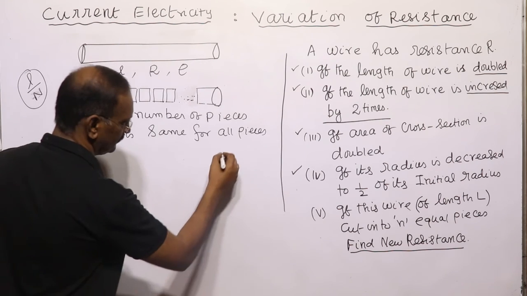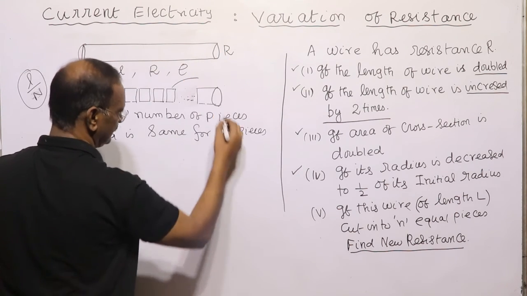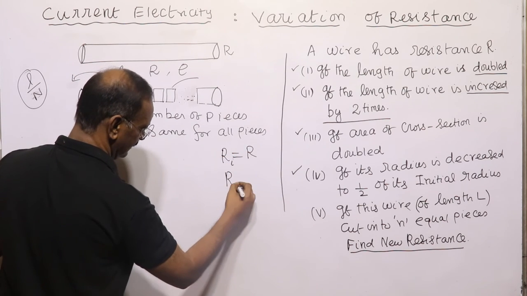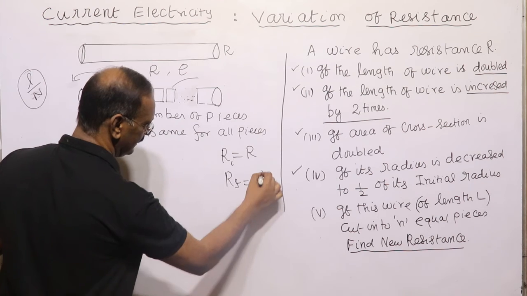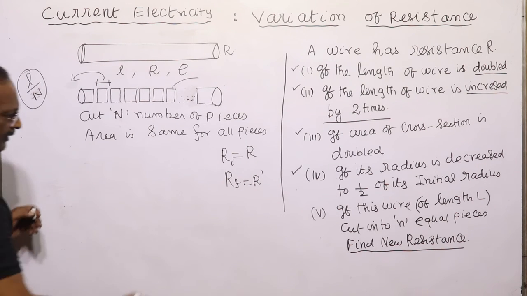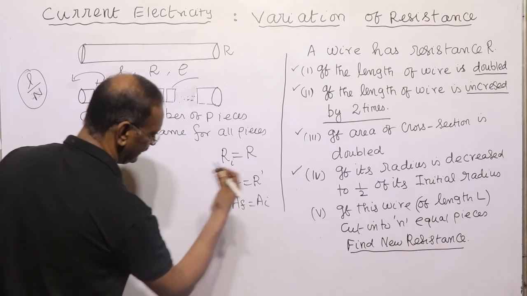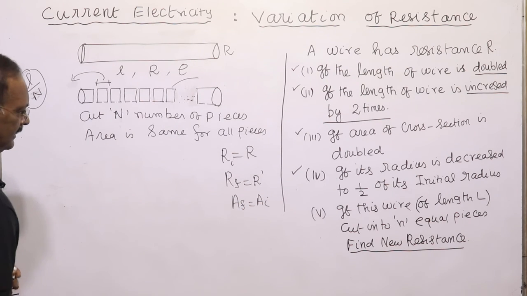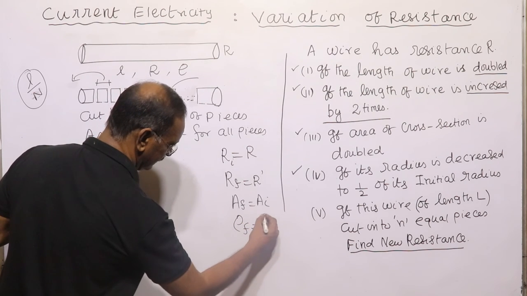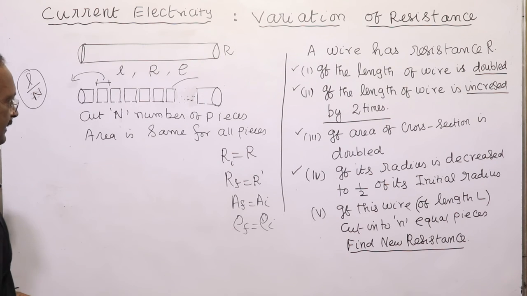So the initial resistance is R, and the final resistance is R dash. Initial area is equal to final area. And the resistivity is initially the same, because for the given material the resistivity